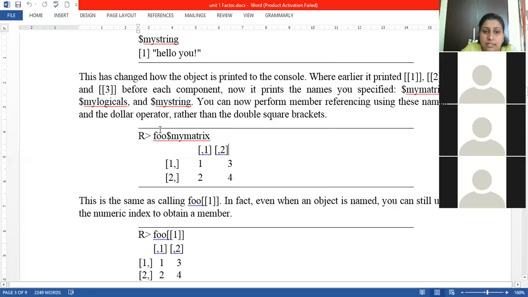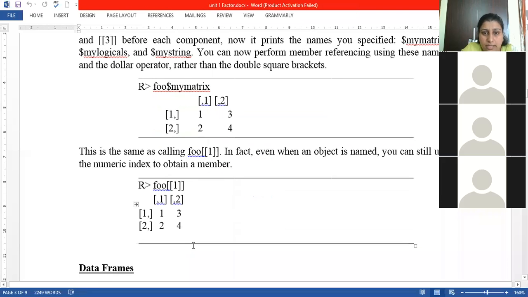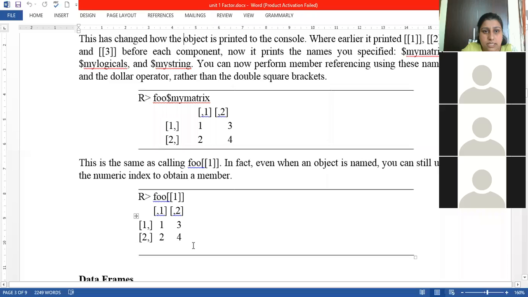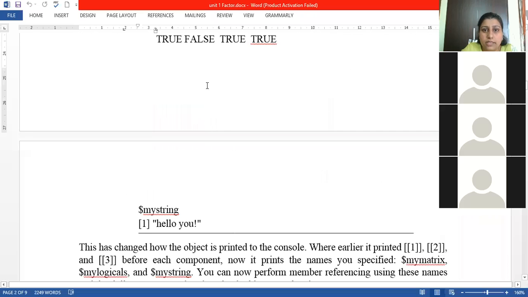If we have assigned different names to the variables, then we can extract them by using names. If we don't want to extract by using names, we can directly extract using the index syntax. That's all with your list. Let's see how we'll perform these syntaxes in RStudio.